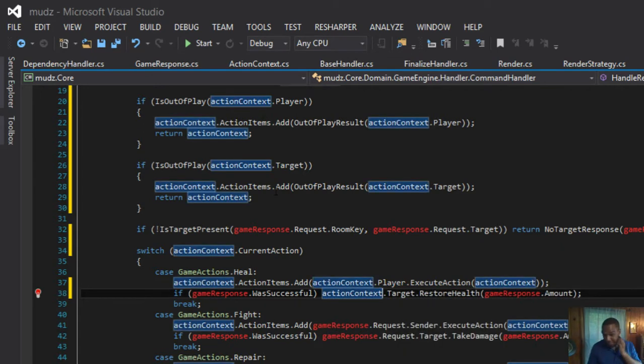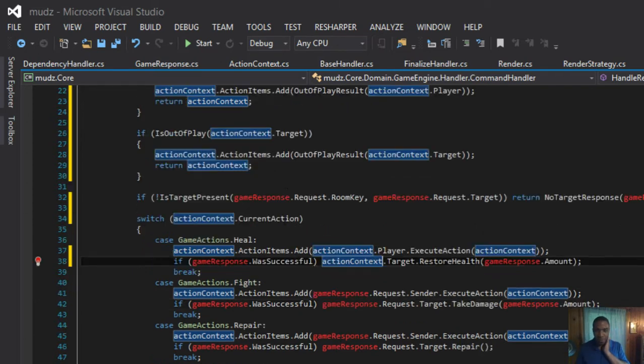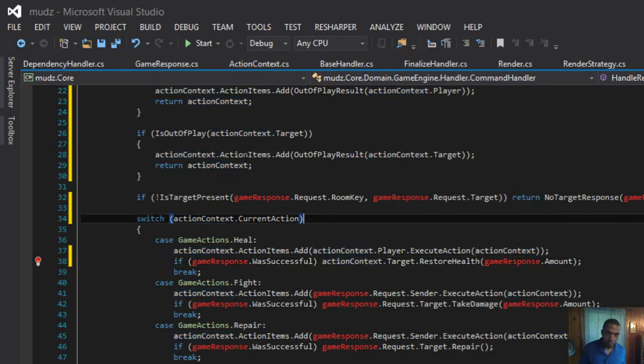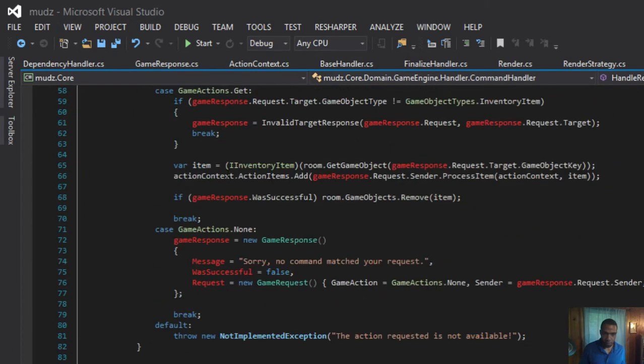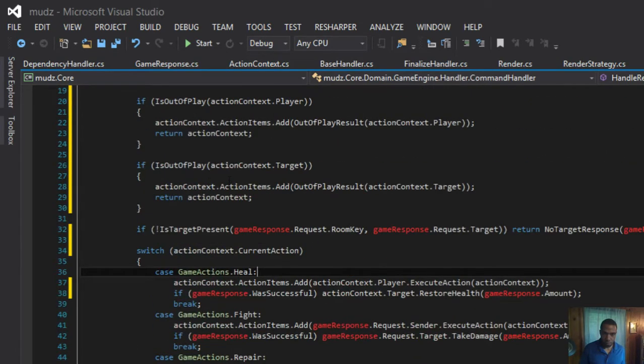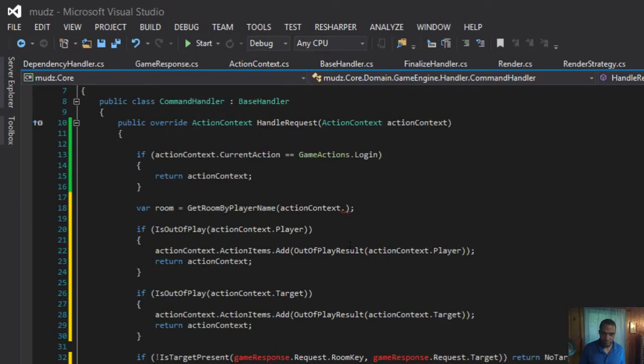So just as a point, it just looks and feels better. Instead of saying game response dot request dot sender dot execute action, we're saying, hey, action context dot player. I'm ignoring the room key, anything where we need to have the room.